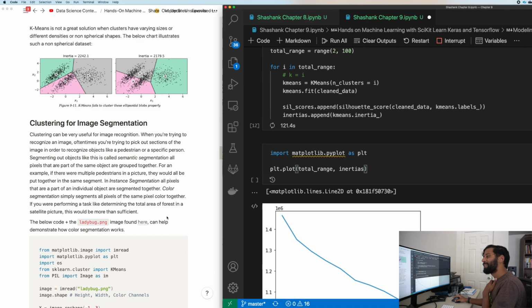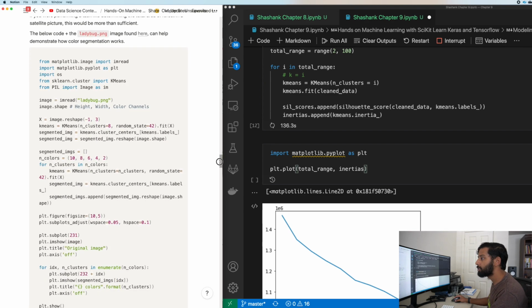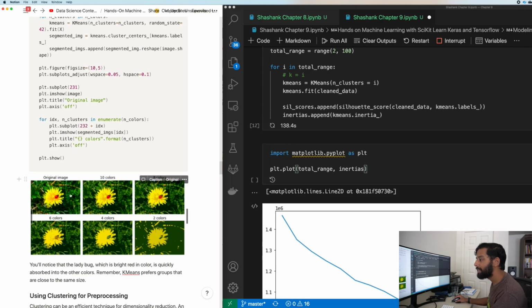Now there's a section over here where they go over clustering for image segmentation. I'm not going to spend too much time on this because you're better off using neural networks to process images anyways. And I have some notes on convolutional neural networks and stuff like that if you guys are interested in seeing those. But basically, here's the code for what they're running. So what they did is that they took an original image and then they're using just the color as the dimension that they are clustering on. And so by reducing the number of colors, you can simplify the image.